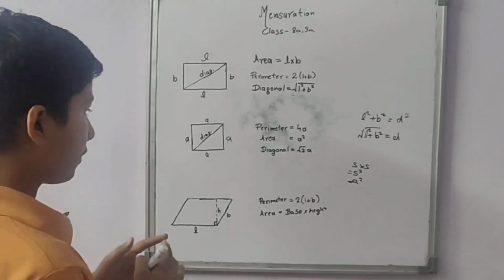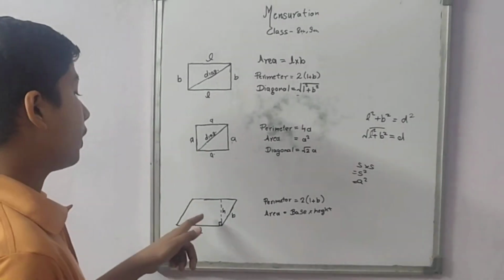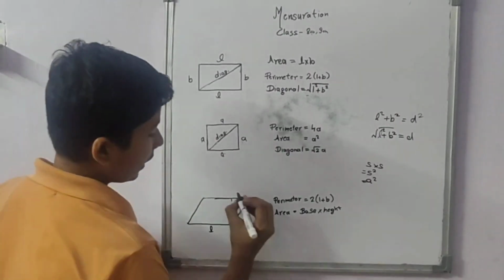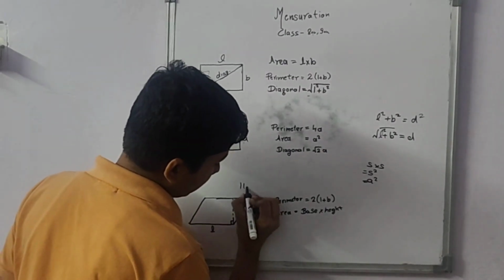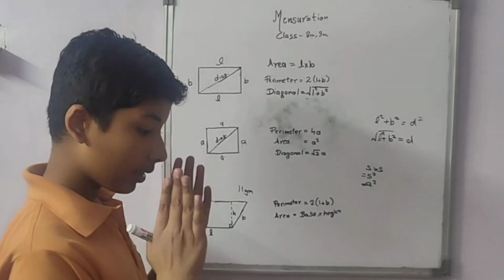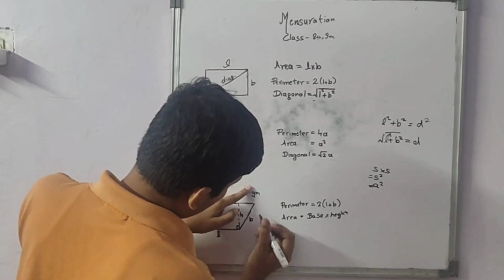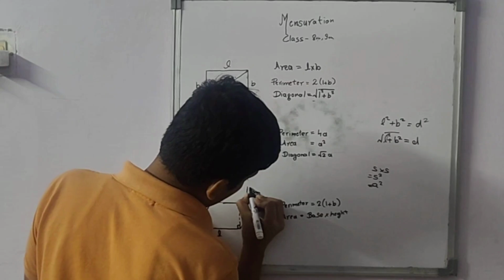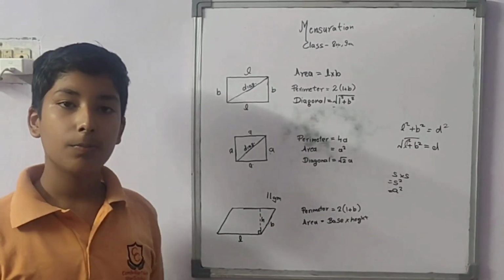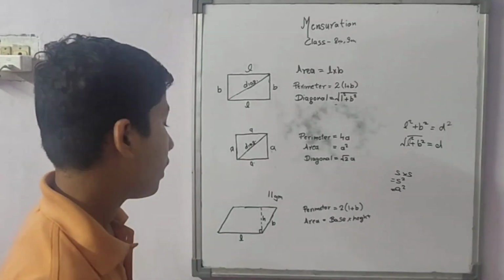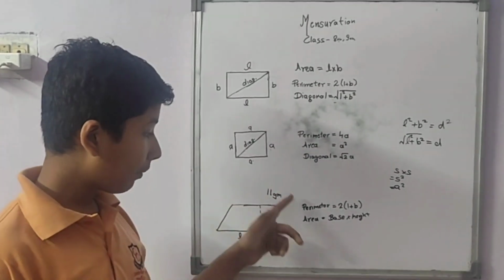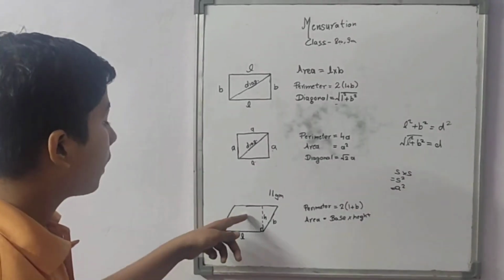So now what's our next figure? This was a square. So what is this? This is a parallelogram. Parallelogram, it is also written as parallel-GM. This is not 11. This is basically the symbol of parallel. This is the symbol of parallel and GM. You might find it in competitive exams also. It might be written as parallel-GM.